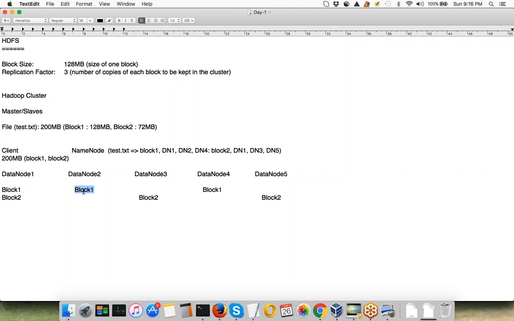After that, data node 1 will transfer the block to data node 2, and data node 2 will transfer the block to data node 4. Similarly, data node 1 will transfer block 2 to data node 3, and data node 3 will transfer the block to data node 5, which means the writing of the blocks from the client side is happening in parallel, but replication is happening in sequence.